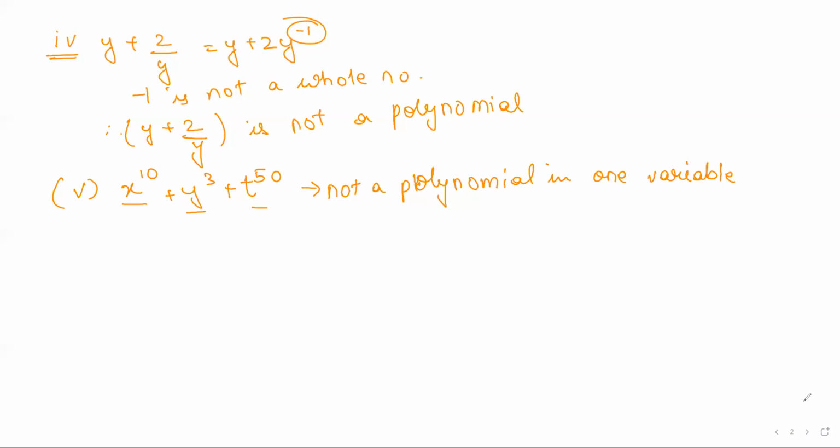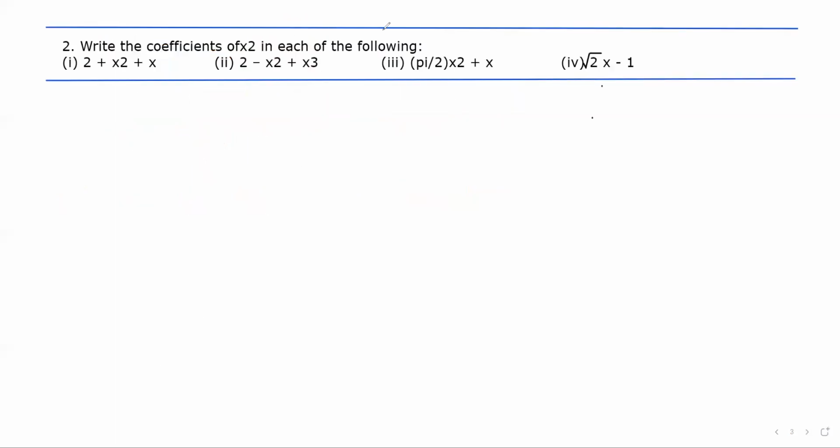Next question, second. Write the coefficients of x square in each of the following. That means you have to write the number preceding x square, or the constant value of the term which contains x square. The first one, you have 2 plus x square plus x. You have 3 terms, 1, 2, and 3. The term containing x square is x square itself, so it has nothing before it. So coefficient of x square